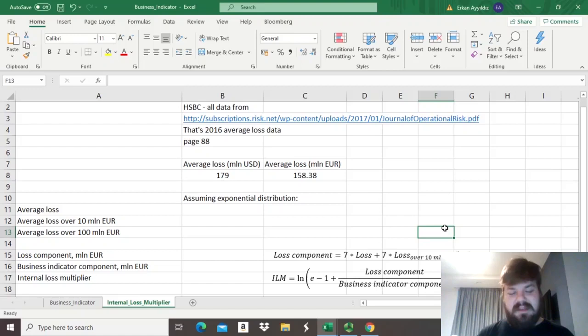But what it also allows us to do is, because exponential distribution has zero memory, it means that the average loss that exceeds some value x would be just the average loss altogether plus x. That is the property that's called zero memory of the exponential distribution, and that's why exponential distribution is used to model events in terms of